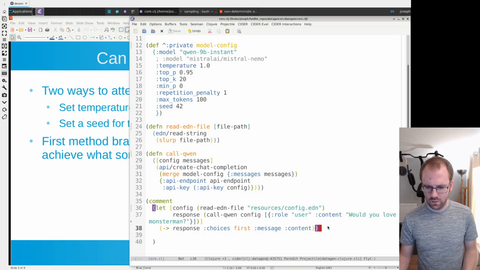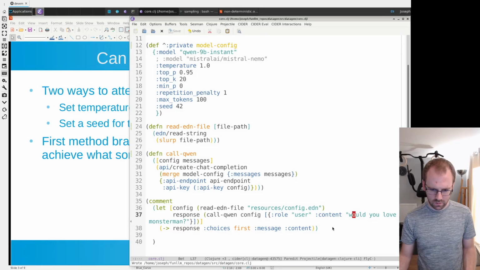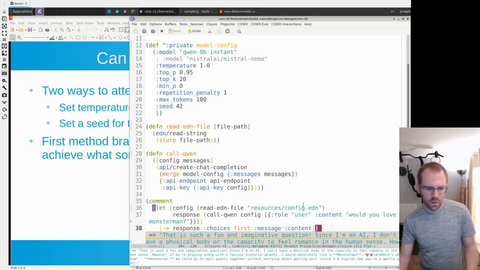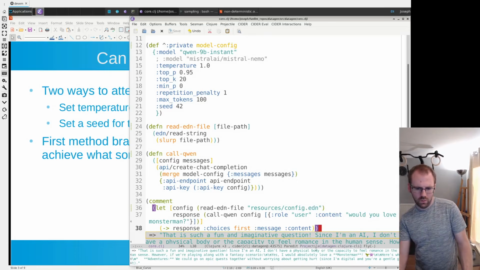However, here's where it gets interesting, right? If you change a single token of the input, it causes a butterfly effect that just gives you a completely different output. So let's say we just change the W to a lowercase instead of uppercase. Yeah, we've got a completely different answer. The previous one had an emoji in it, didn't it?